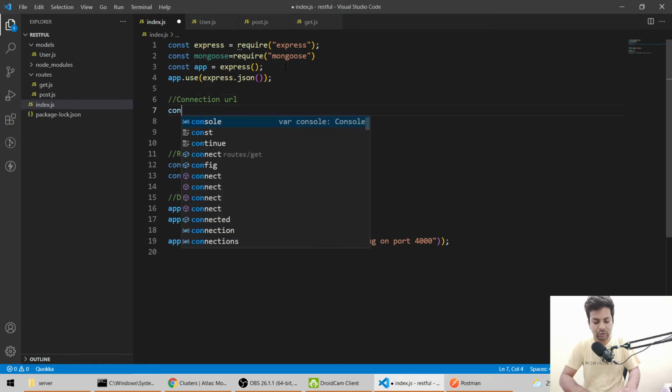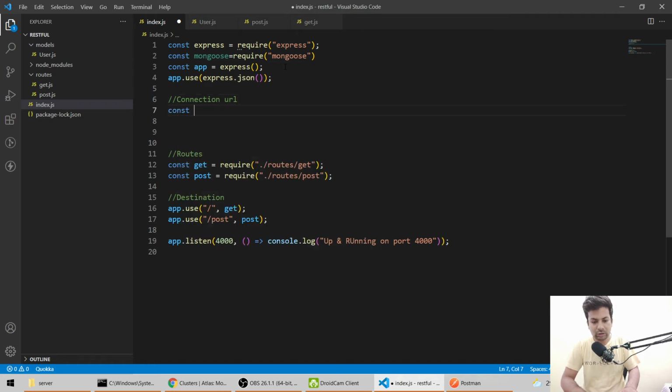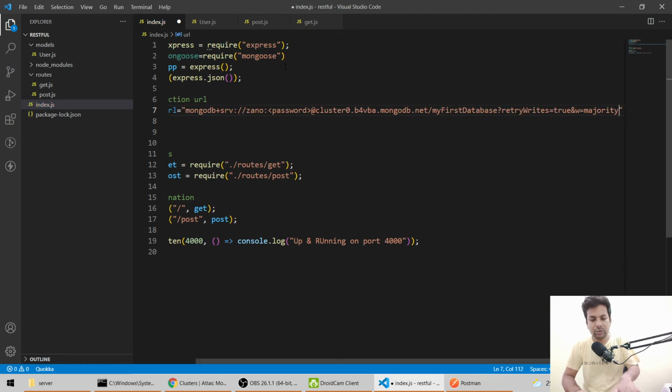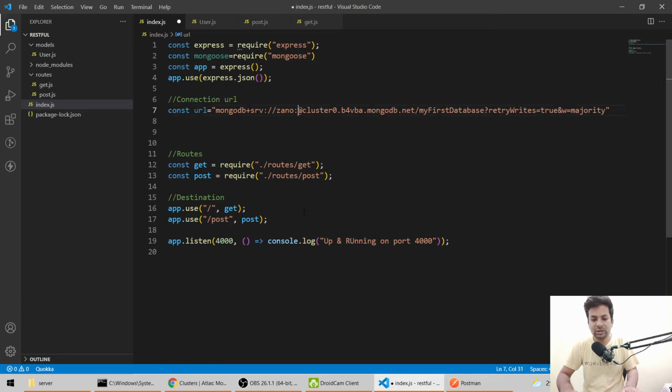So I'll say const URL equals, and I'll just paste the URL here, and make sure to remove this angular bracket and write your password here, whatever your password is.